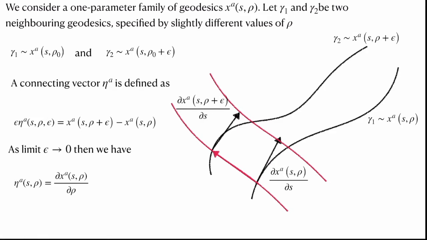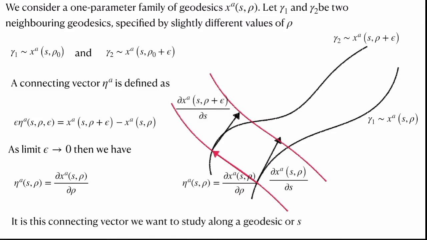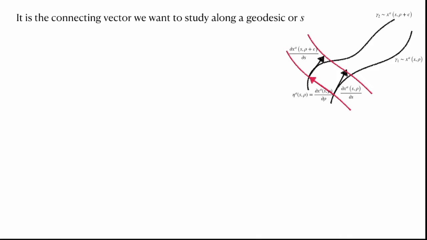the two neighboring geodesics, and that is what we are interested in: how it changes as we move along the geodesic, how this connecting vector between the two geodesics changes or accelerates between them as a function of the arc length parameter s, or along the geodesic. Now, of course, this is a picture, so we have a connecting vector which is already given.